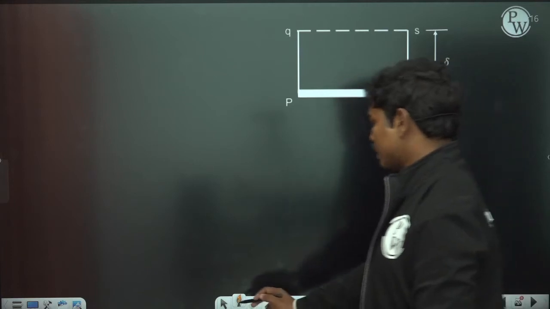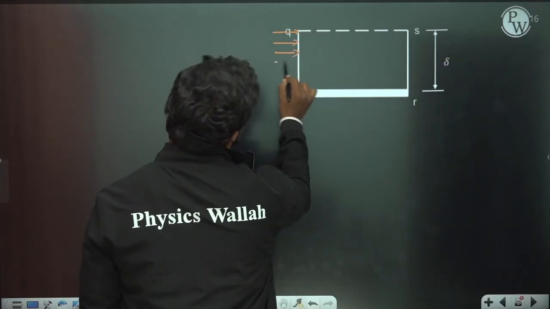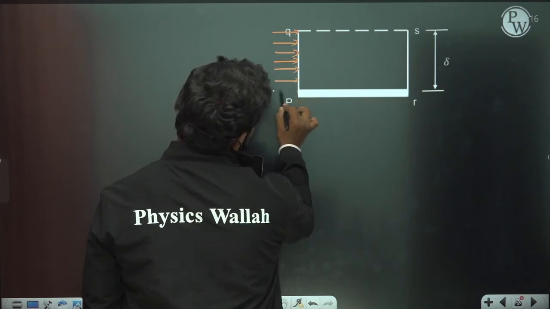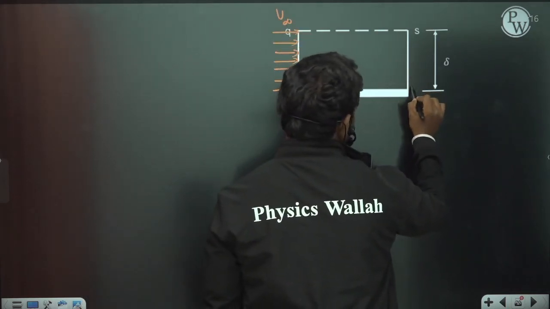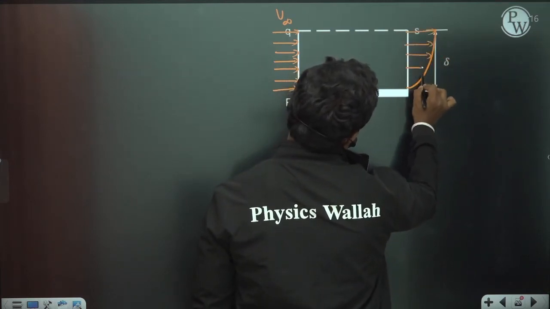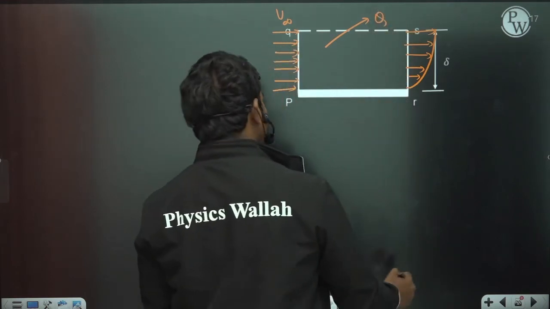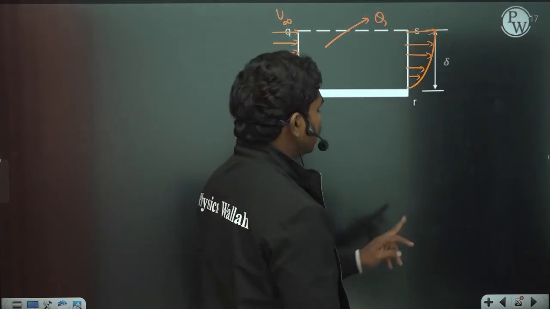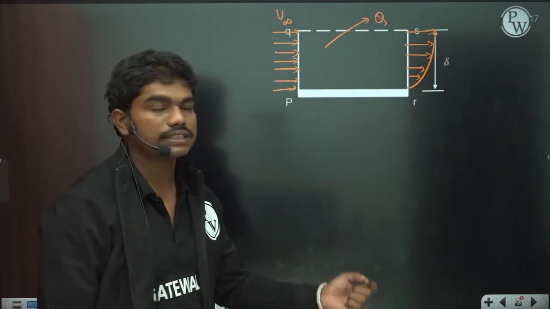Okay, so fine. Here the velocity profile is uniform. It is coming in with some uniform velocity u infinity, for example. And here you have some velocity profile which is a cubic profile. So there is some cubic velocity profile at the exit, and this is QS. So what is the discharge through this section QS? They have asked this,